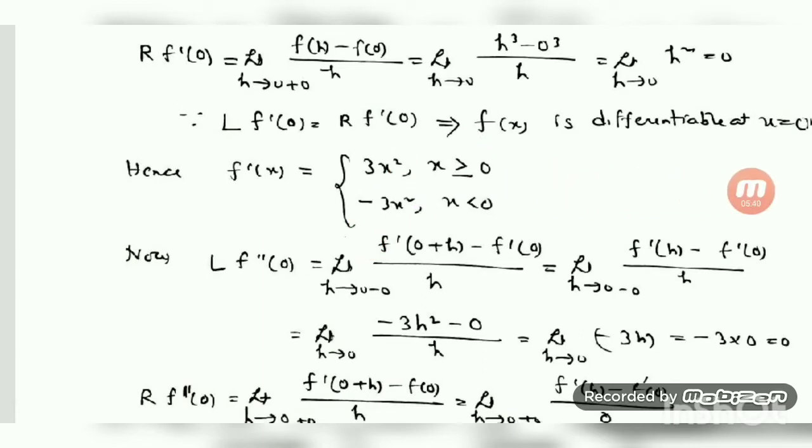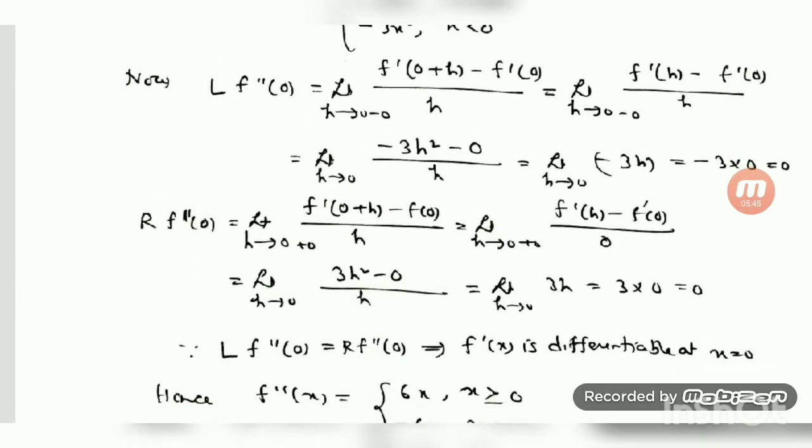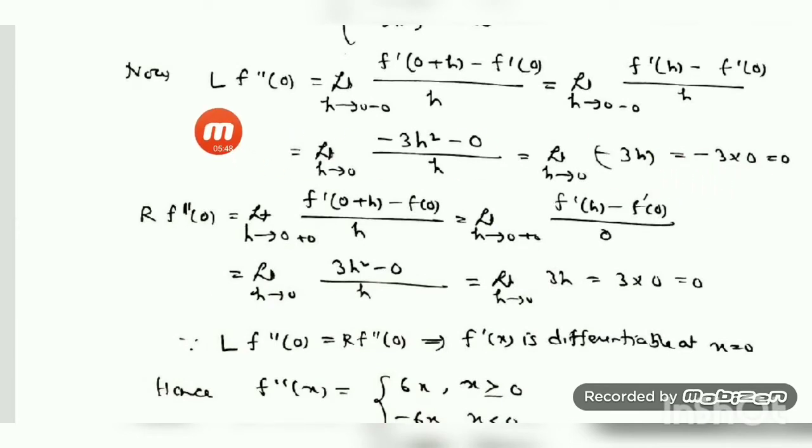Now, we have to check the differentiability at the point x equal to 0 for the second derivative. So, we have considered our second derivative case. Here I have directly separated this. Left hand second derivative, limit h tends to 0 minus, because I have written left hand. If it is f'(x), it is f(0 plus h) minus f(0) by h. But since it is f''(x), we have to write f'(0 plus h) minus f'(0) by h. Here it is a double dash, so here it will be single dash. Now f'(0 plus h) can be written as f'(h) minus f'(0) by h.